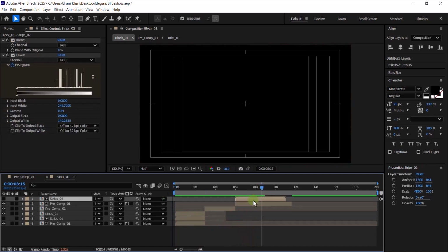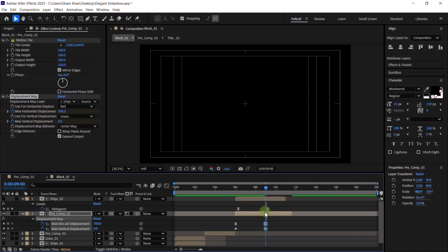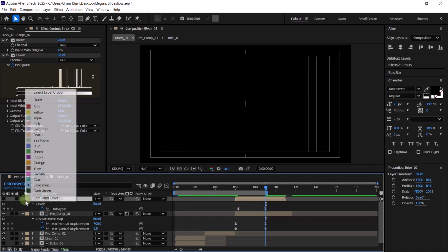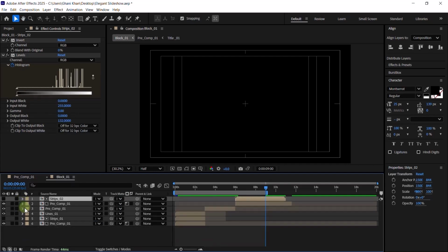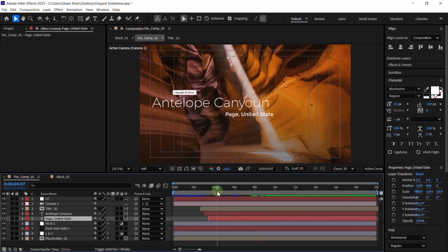So select all the keyframes, press U on the keyboard, and just go to something like frame 9 and bring them right over there. So now I think we are done with our post composition. So just go back to pre-comp, select the text, add here